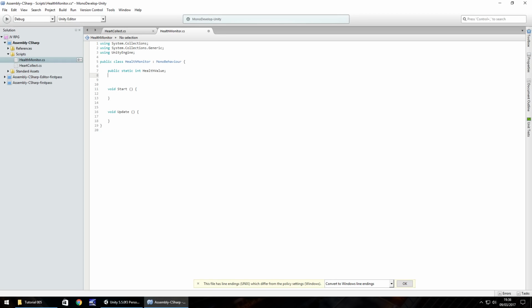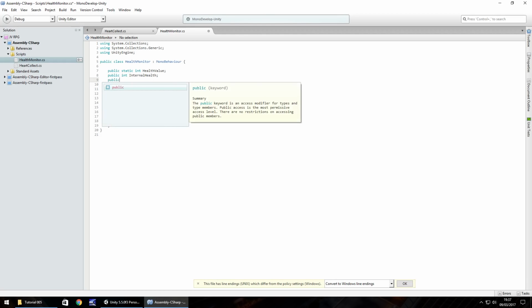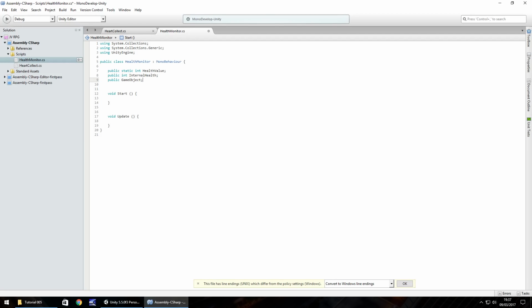So no other variable in this script is going to be a static one. I'll explain what a static one is when we've written these variables out. So public int, and let's call this internal health, semicolon. And then we need to do the 3 game objects, which are the 3 view hearts that we have. So public game object, and this is going to be, let's call it heart 1, semicolon. So same again, public game object heart 2, semicolon, and you've probably guessed it by now, heart 3,